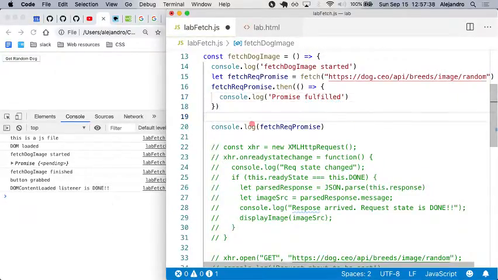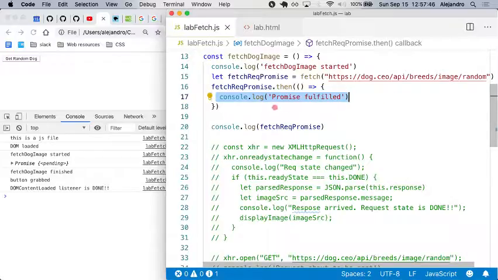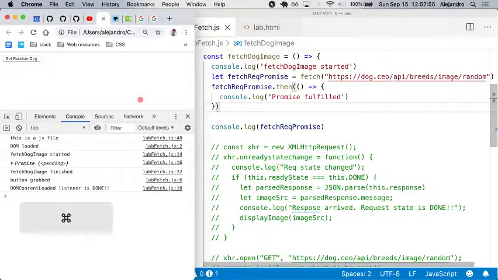I'm going to do console log promise fulfilled. I don't know how to spell it. So here I'm going to console log promise fulfilled when the promise is fulfilled. I could also listen for when the promise is rejected or when it's not fulfilled. Let's do this. Refresh this in the browser,